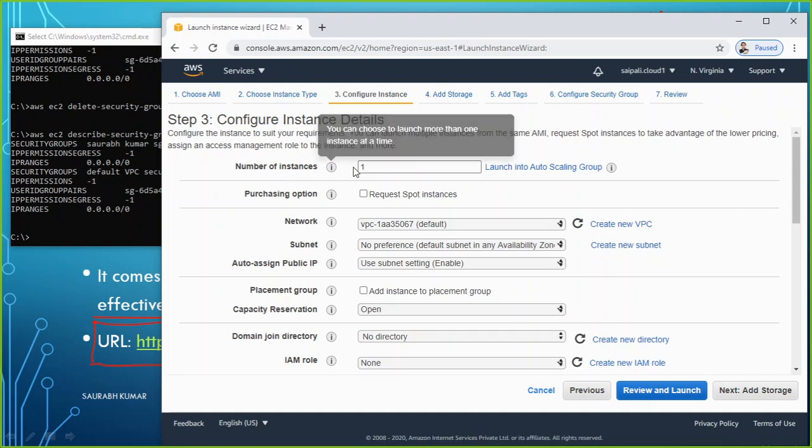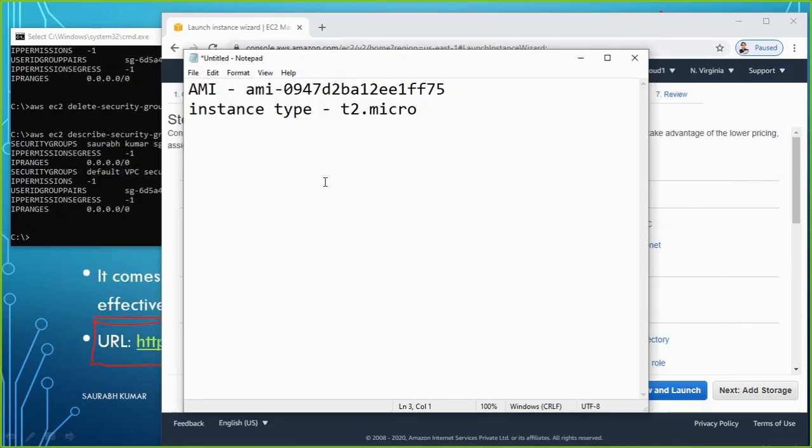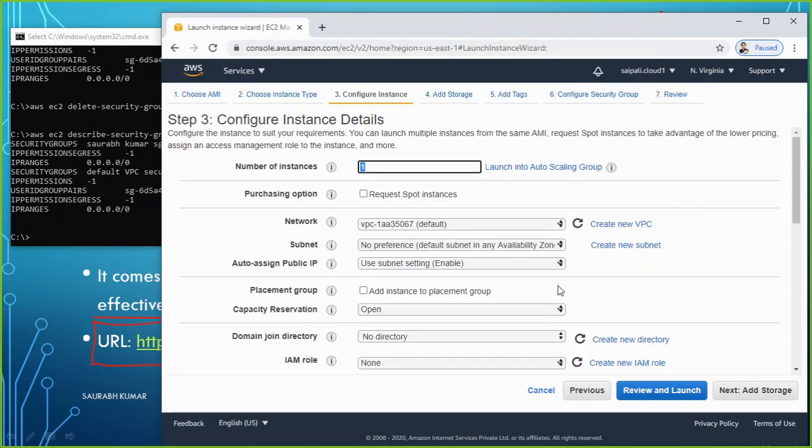It asks me the number of instances, how many you want to create: 1, 2, 3, 4. So if it asks me for the number of instances, I will use 1. All right.